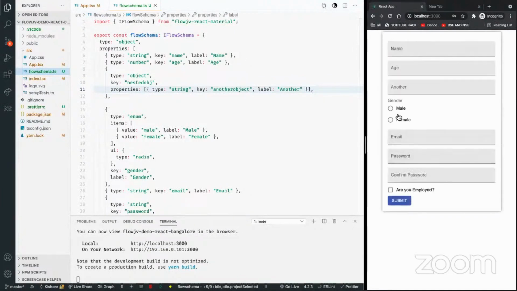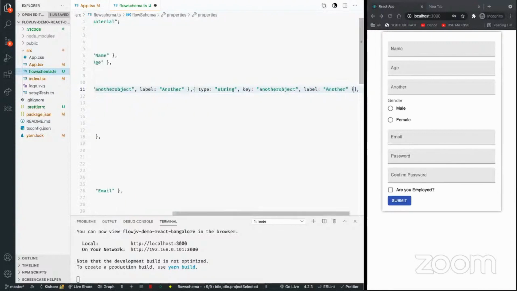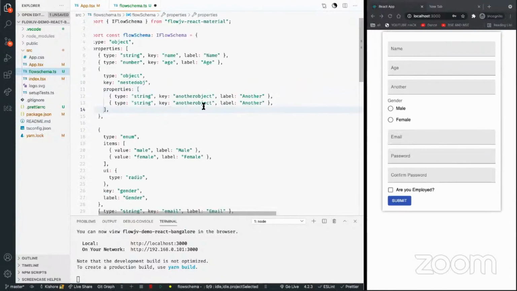Now this will have another field which is something nested. So if I define multiple properties here in terms of an object, you can also always AutoFlow based on that.